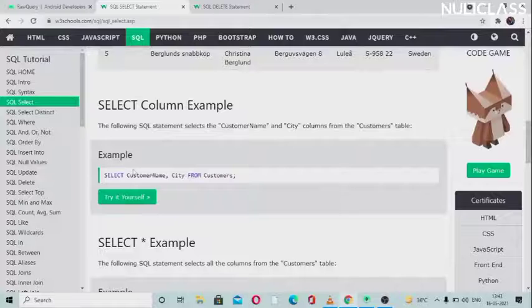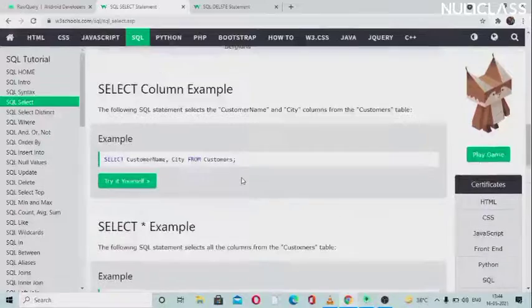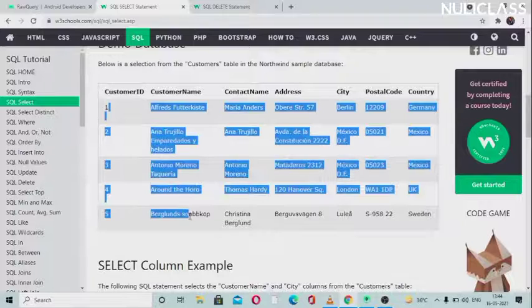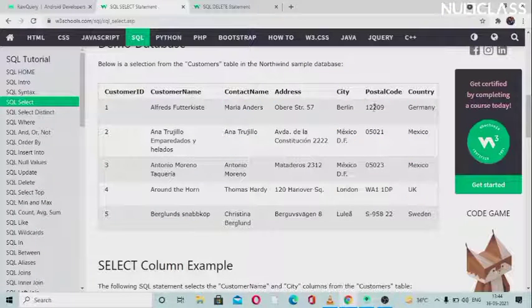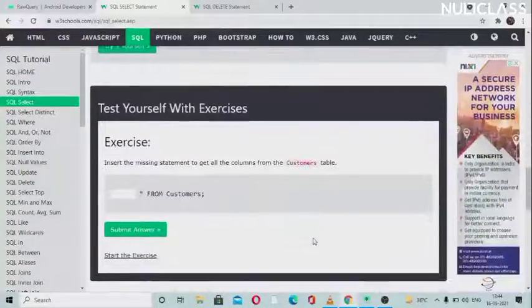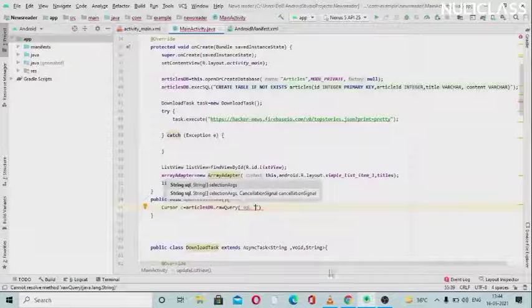Okay, so this is the example which says select customer name comma city from customers. Like if you want two columns, you can write that by separating just by comma. So select customer name comma city from customers, this will give you two columns, like this one and this city one. So we will get these records, like we will get the customer names of these five and then cities of these five. Okay, so this will be fine. I think this is good now. You must have got the overview.